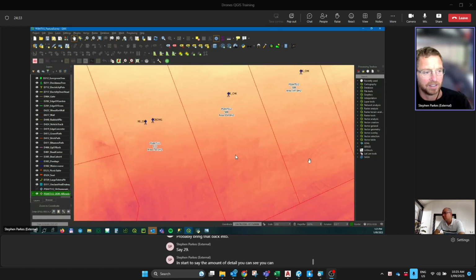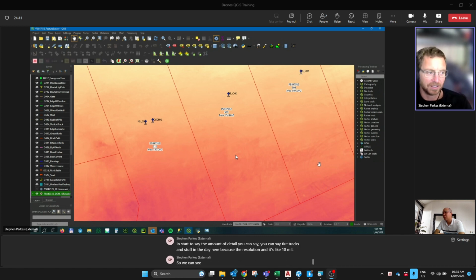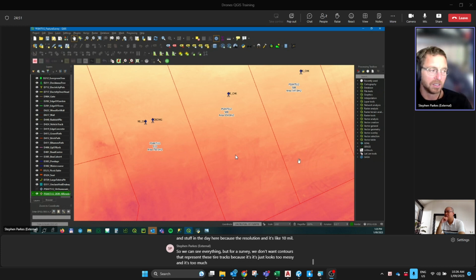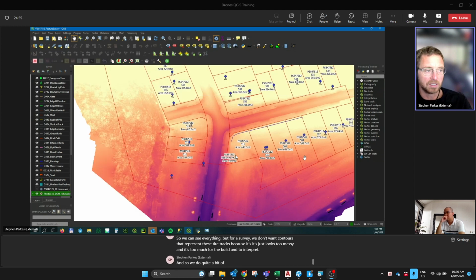You can see tire tracks and stuff in the DEM because the resolution on it is like 10 mil. So we can see everything. But for a survey, we don't want contours that represent these tire tracks because it just looks too messy and it's too much for the builder to interpret. And so we do quite a bit of processing on this in that it will basically smooth out a lot